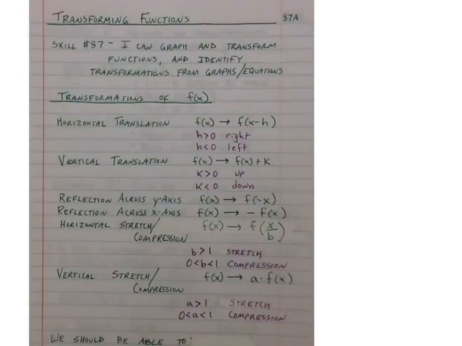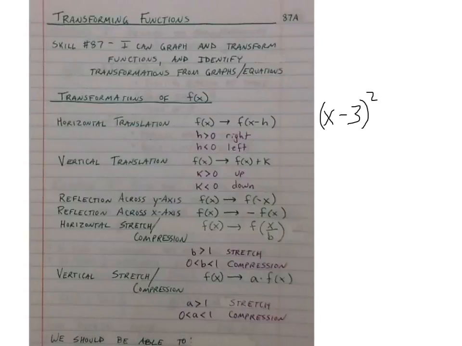Throughout the year we've visited transformations and we have 6 basic transformations. Our first is a horizontal translation, and when we do that we replace x with x minus h. And if h is greater than 0, we're moving to the right. So, for example, (x minus 3) squared would be a quadratic function that is moved to the right 3 units,